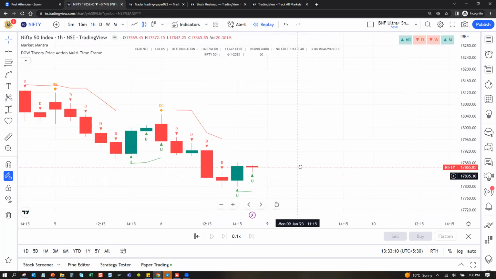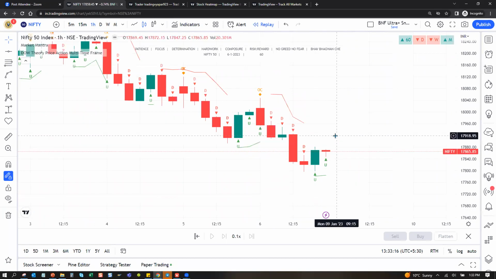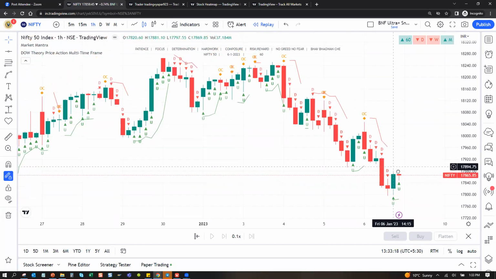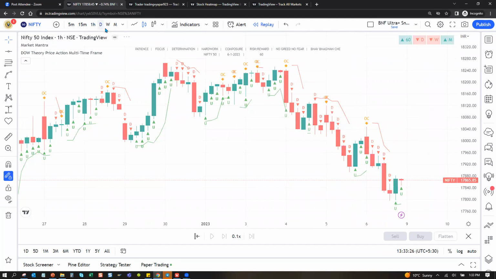In hourly, in the last half an hour there was a bit of a pullback yesterday, right? We all know. So it will help you ride good trends like this. In each time frame, you will get to know from this what the price action is, if you move to a high time frame.